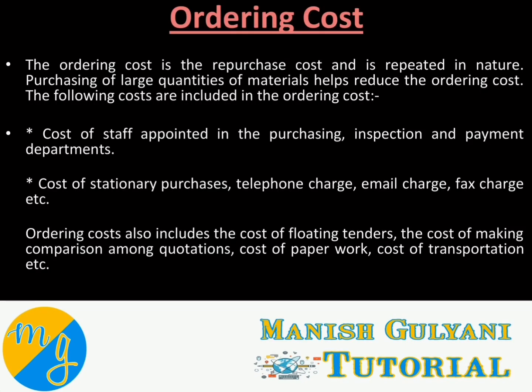So what is ordering cost? Ordering cost simply means, as the name suggests, the costs that are associated with the purchasing or ordering of material. These costs include inspection cost of incoming material. When you place your order and when you receive your order, you have to check the quality of the order. Then you appoint some person, you have to pay some salary or wages. So inspection cost comes under ordering cost. Cost of stationery, typing, postage, telephone charges through which you can place your order also comes under the ordering cost. Expenses incurred on transportation of goods purchased also come under the ordering cost.